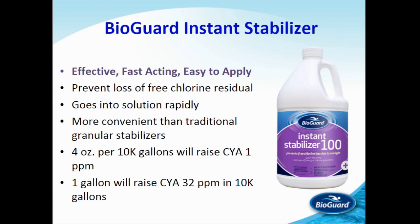To finish out this school, I want to talk just about a couple of products that I feel like are important for you to know about. First and foremost, you want to make sure in your pool that you have enough stabilizer. And we didn't really talk about stabilizer when we talked about chlorine, but the point of stabilizer in the water is basically like a sunscreen for chlorine, right? So it goes in and it puts sunscreen on the chlorine